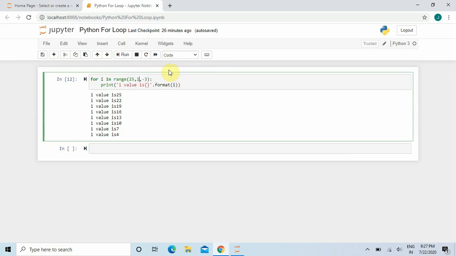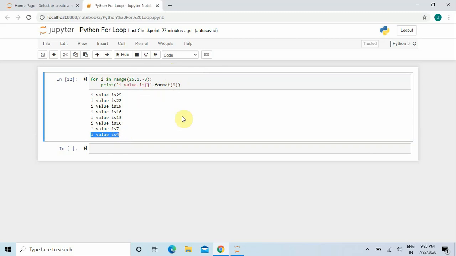Up to value 2 means n plus 1. In the reverse case it is n plus 1 and in the forward case it is n minus 1. So it will go up to 2, that is 1 plus 1 equal to 2. But since after subtracting 3 from 4 it is coming as 1, it is not printing 1 here, it is printing up to the I value equal to 4.